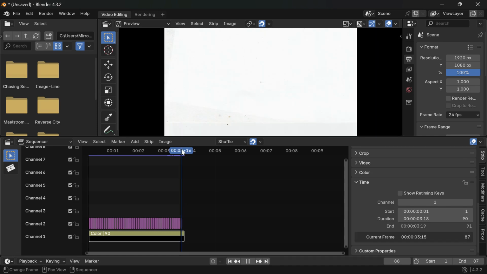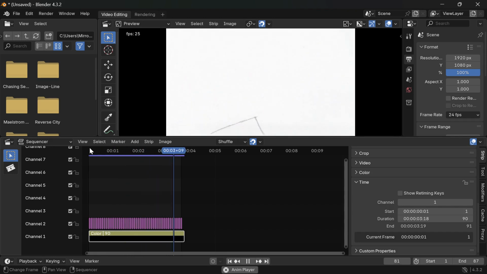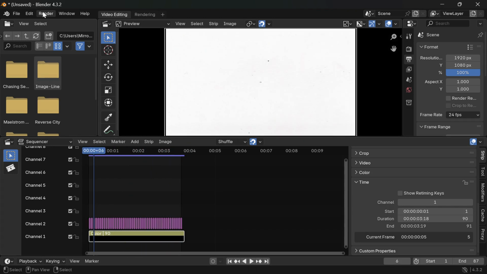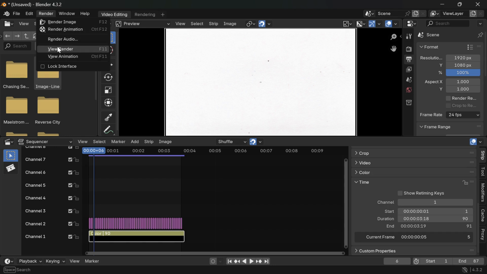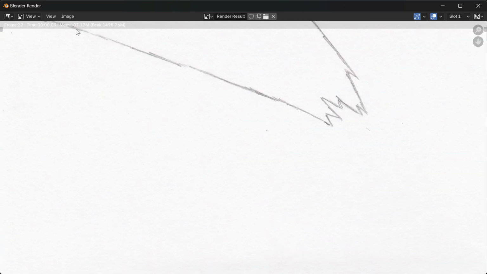And so that's basically all you have to do to have a simple flashcard animation. And then we're going to go up in here to render. If you have audio, you'll go there, but if you don't have audio, you don't have to worry about that. Just render the animation